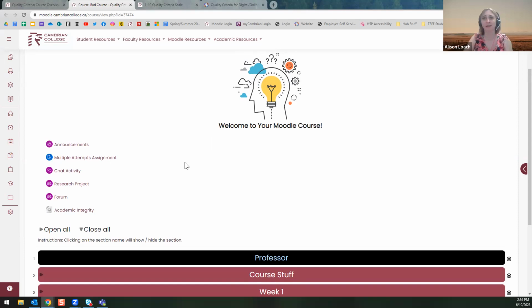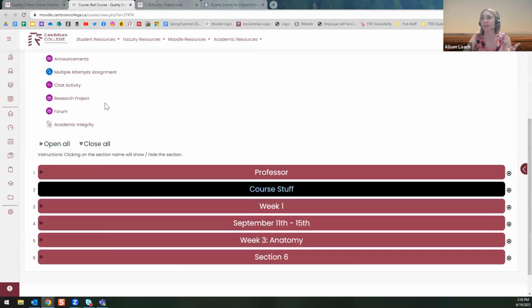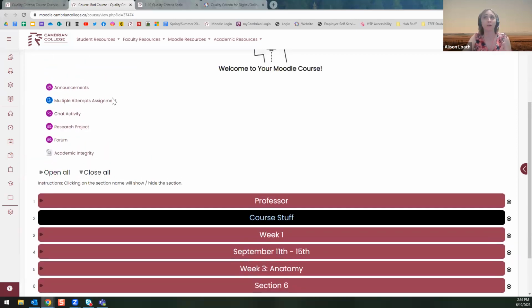So I'm just thinking too, we have these great opportunities that obviously we could see in the course, but again, not much of a description, not really navigation on what I should do first. There's all these things at the top. Do I go in order? Should I jump around? Can I jump around? Totally something I think that could be provided in this course just to let students know how to navigate it